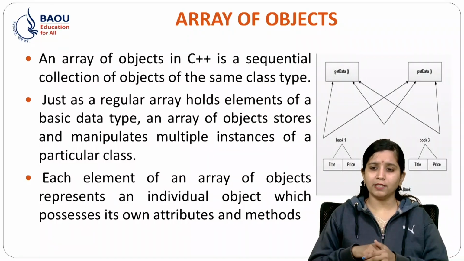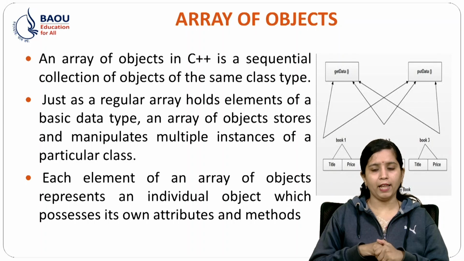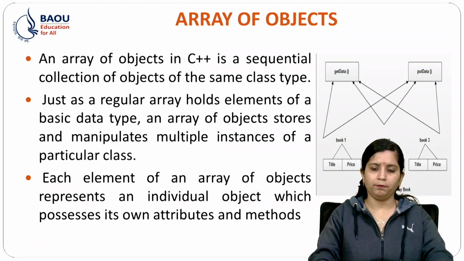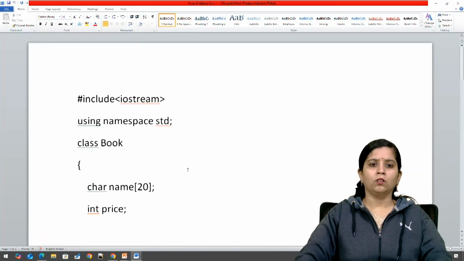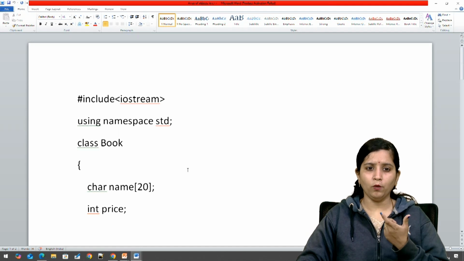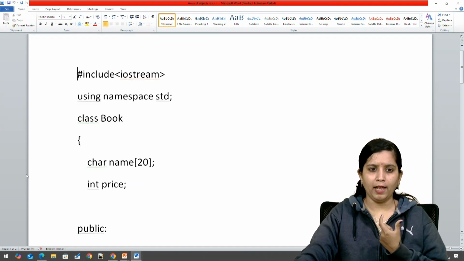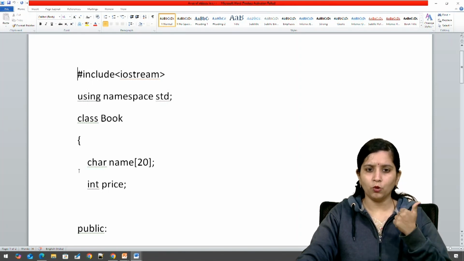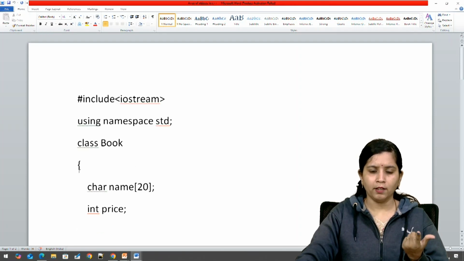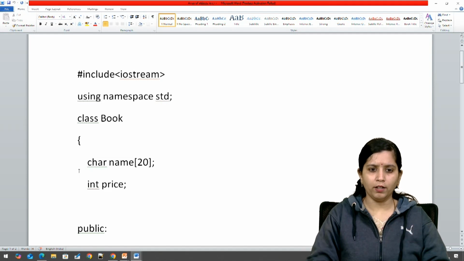So let's see a simple example of an array of objects. I have defined one class book. In that I have two data members, that is char name[20] and int price, in the public specifier.